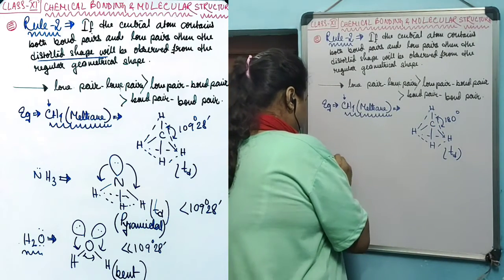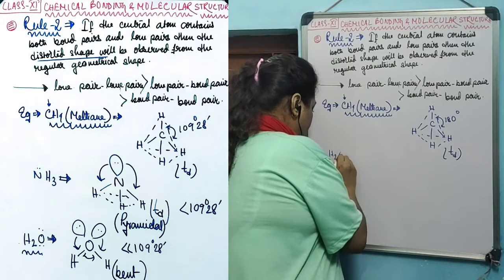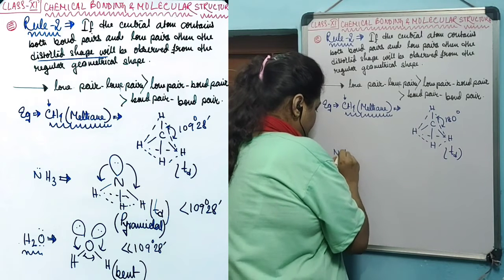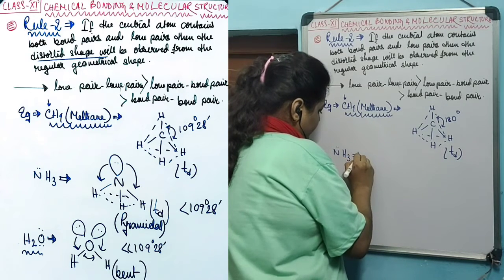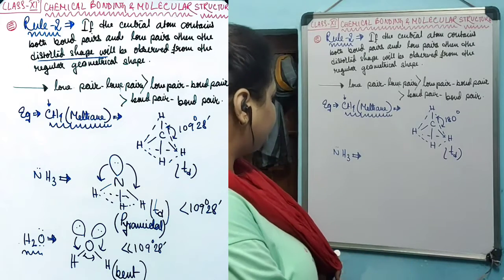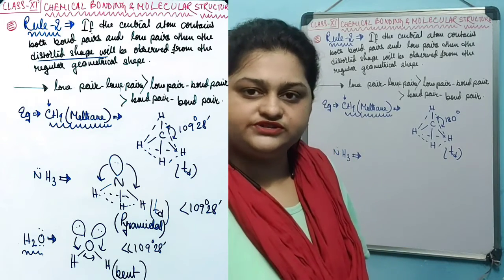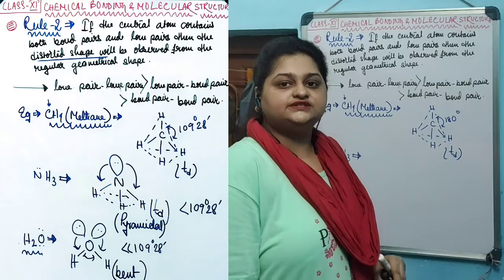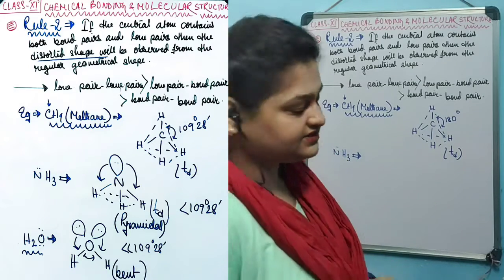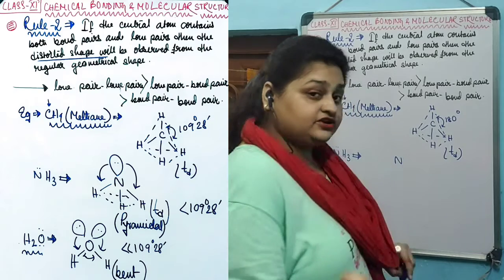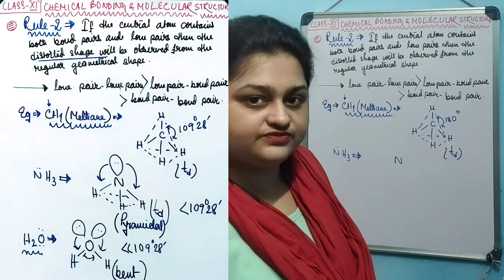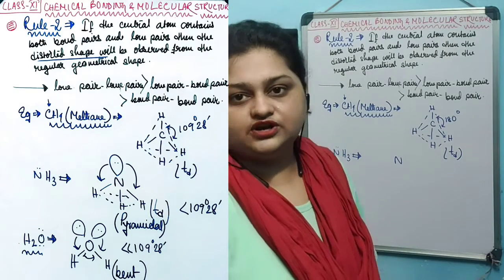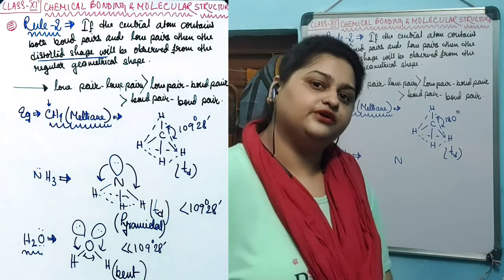Now let's talk about another molecule. Let's talk about nitrogen first. Ammonia, NH3. Now the ammonia molecule has 3 bond pairs between the nitrogen and hydrogen, and 1 lone pair is situated on nitrogen. So if I ask which one is the central atom, evidently nitrogen is the central atom. If nitrogen is the central atom, there are 3 bond pairs created with 3 hydrogens. Evidently, for this shape of the molecule, you will say it is going to be trigonal planar.